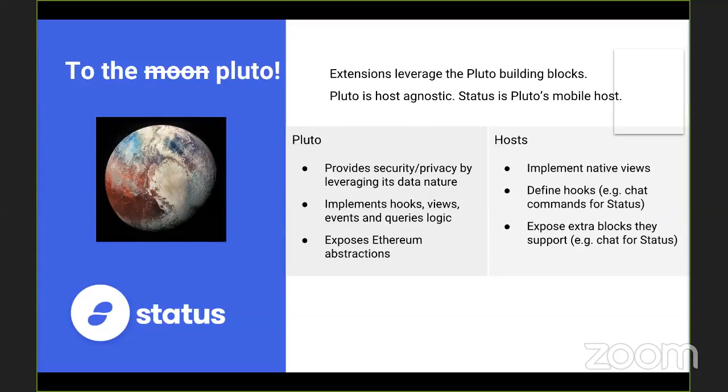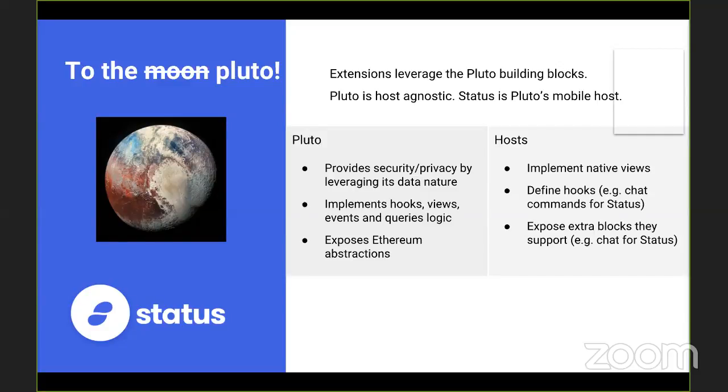But because we want to have this native integration and native feeling, this has to be implemented by the host. Like for instance, in the case of Status, this will be implemented using React Native, which provides us direct integration with the mobile API.